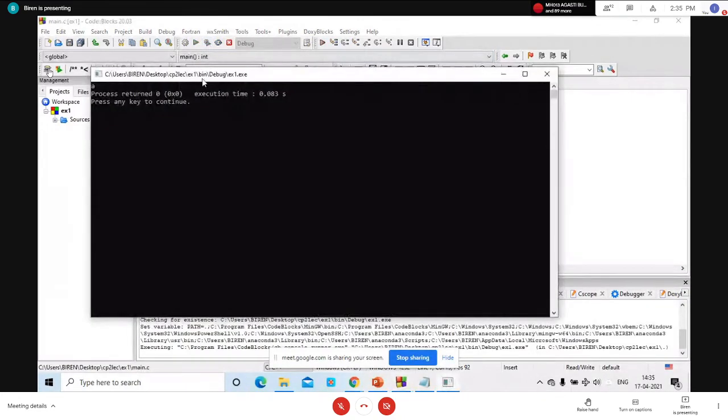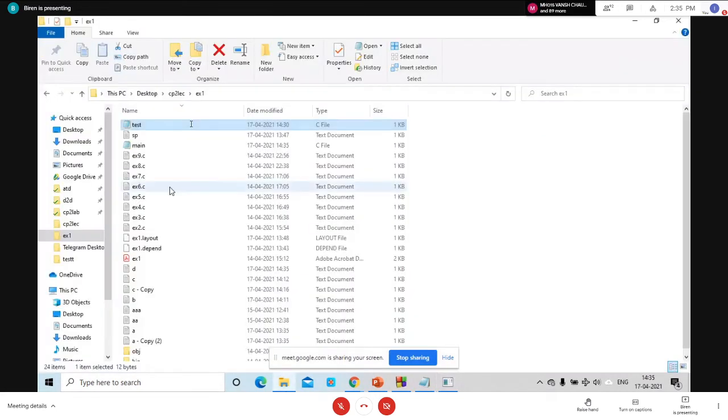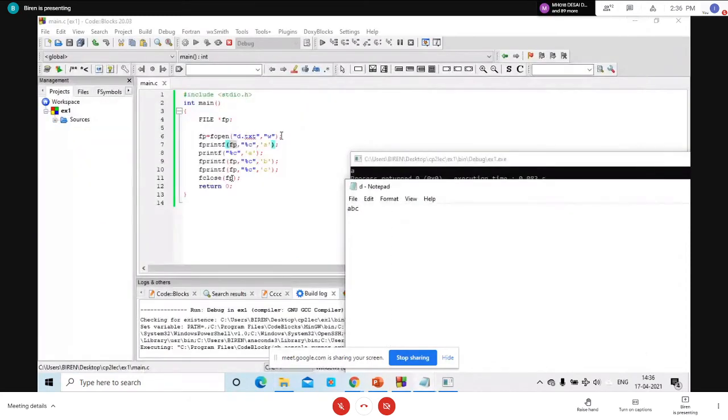Here you can see, if you are using the printf statement, then A is written on your output screen. If you are using fprintf, then these characters, A, B, C, are written inside the d.txt file. This way we can write using fprintf. Any doubt how to use the fprintf statement?